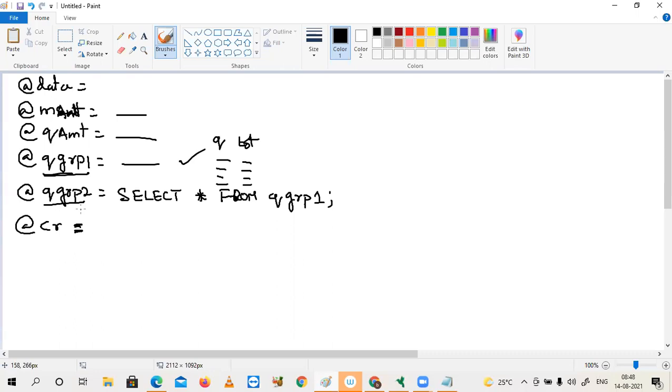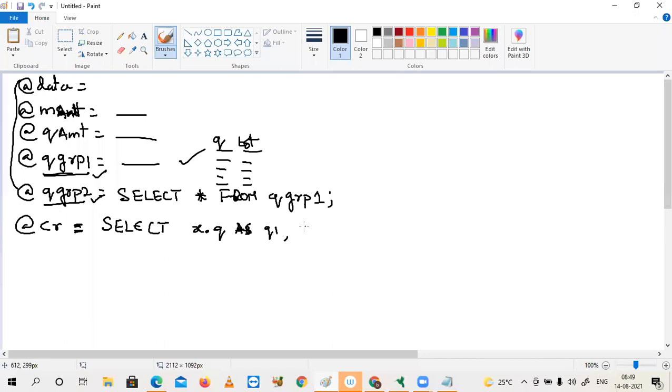Select. Think that already extractions are over. Directly already in your hand, these two things are available with these fields. Cross join. Select, don't say star. Select Q group X dot Q as Q1, I am saying.